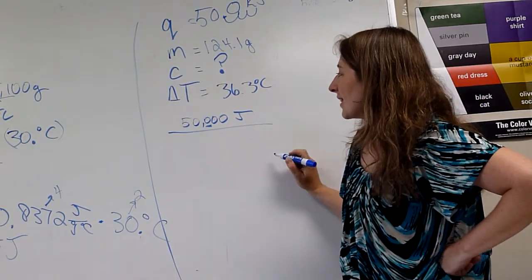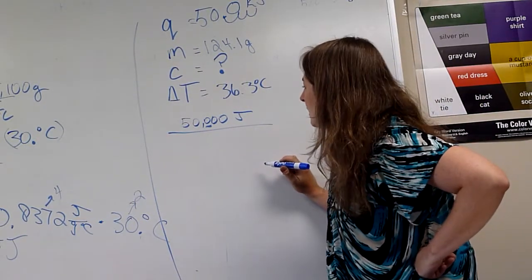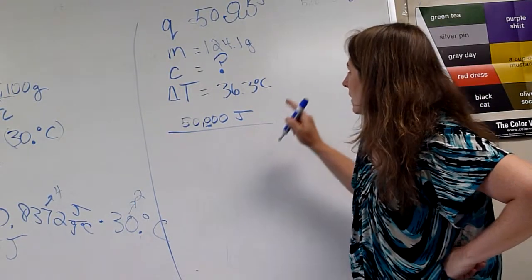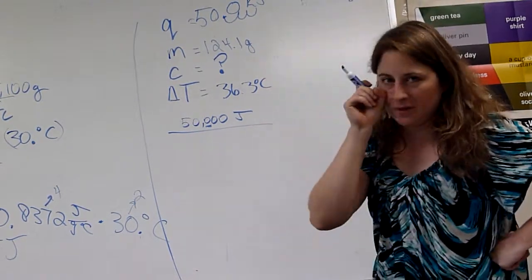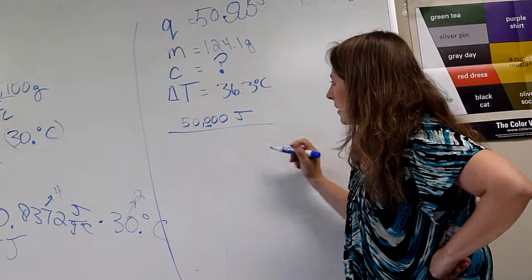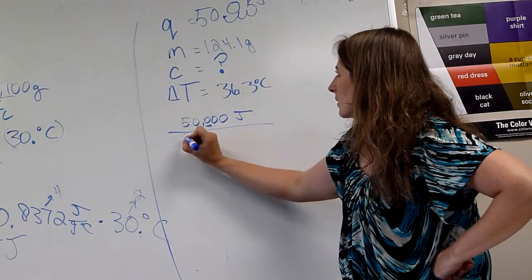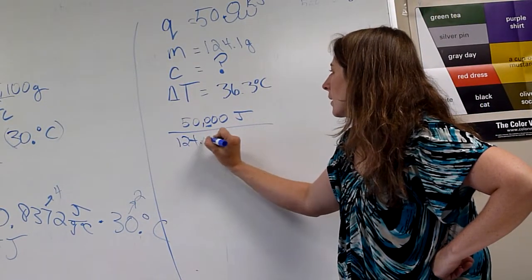50 or 50,000. You wrote like 3 things at the same thing on the board. Okay. Yeah, because you can express your significance. That one. You divide that by the mass and the